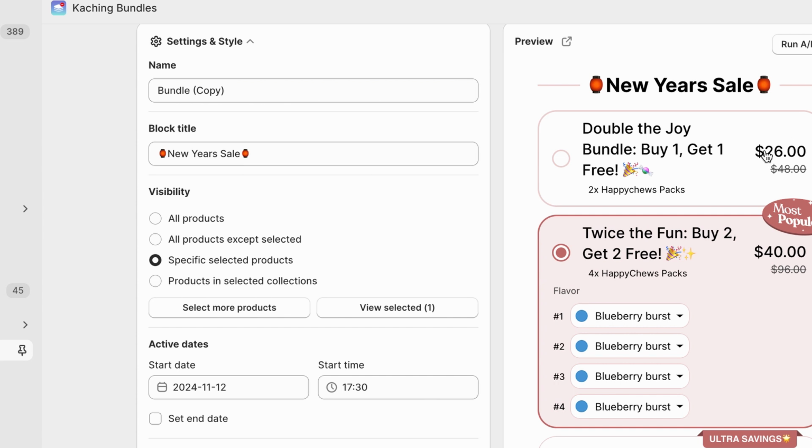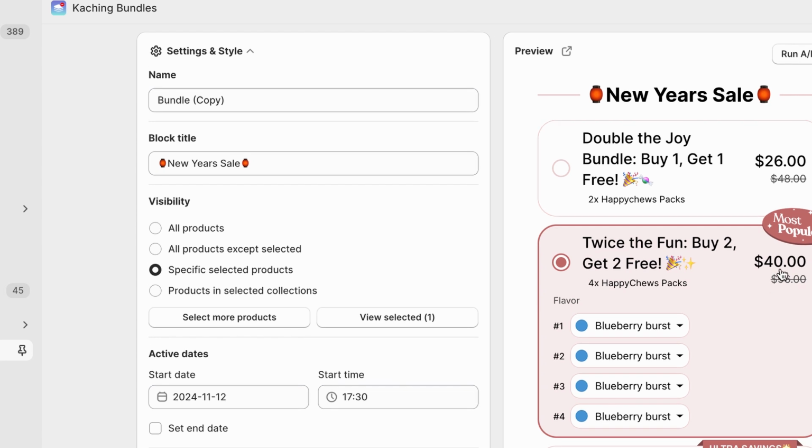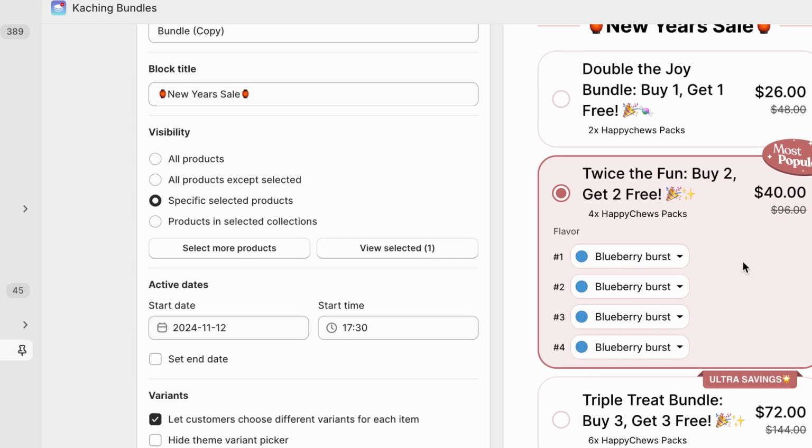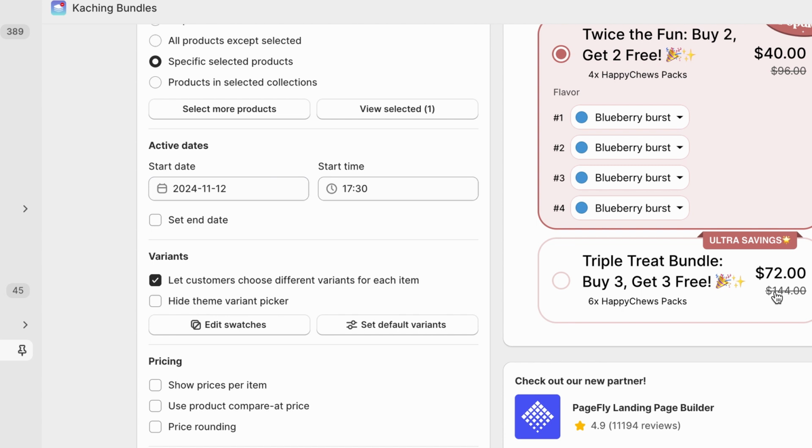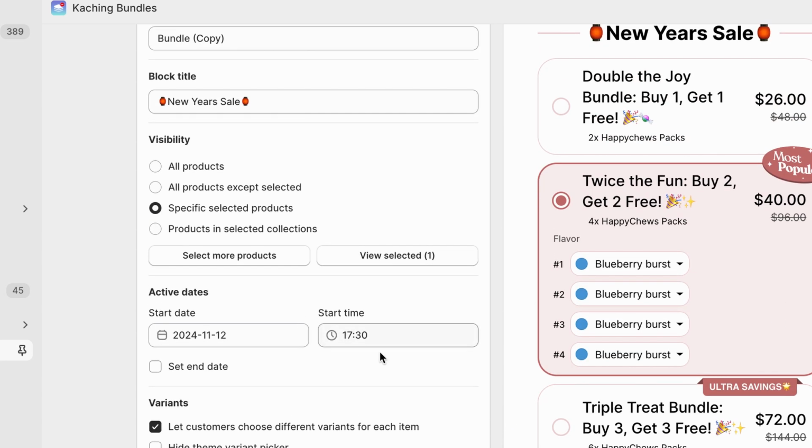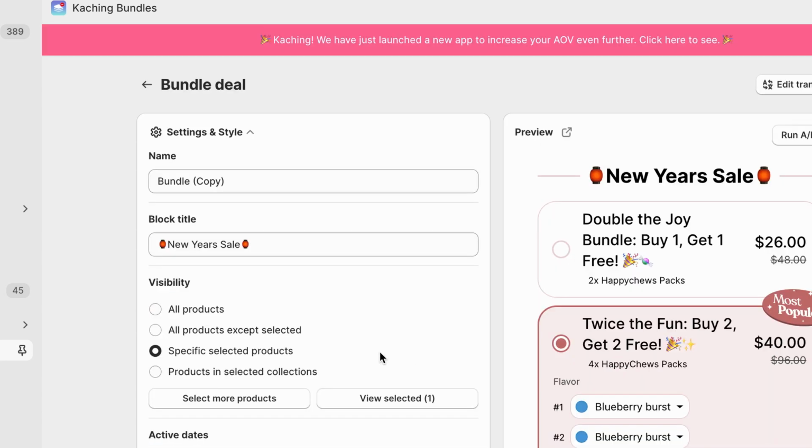All right. And then I'm going to leave this one as is, $40. And I might reduce the price on this one. Who knows? We'll see. But definitely I need to focus on increasing the AOV and reducing expenses, because one thing